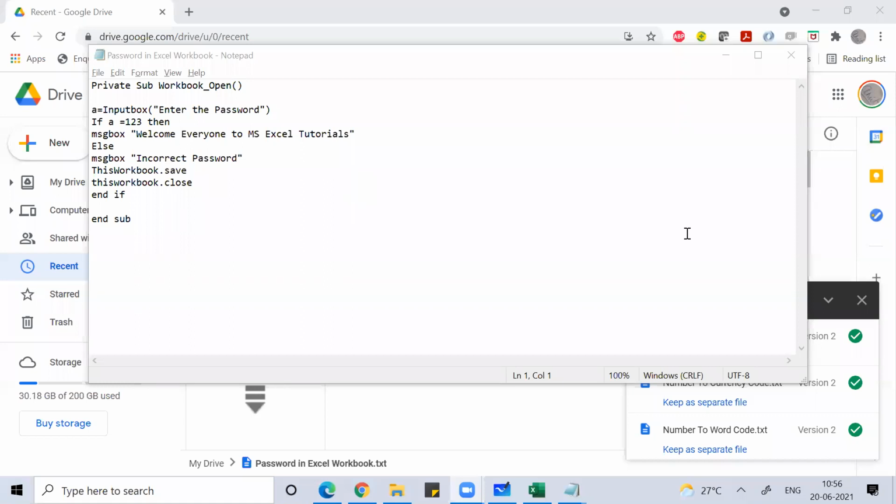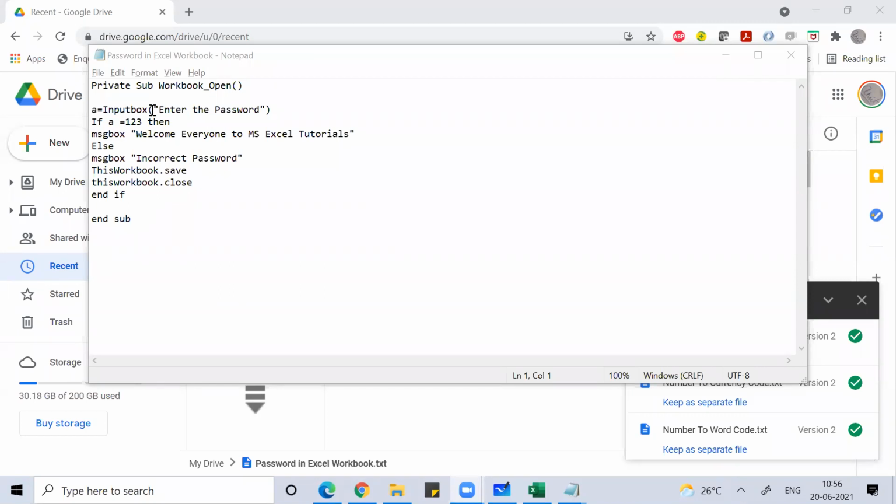Everyone, use this code which is there in Notepad for customization of the details of what the other person will receive if they put the wrong password. So here, I have created a pop-up dialog box, an input box, which will show "enter the password". The moment anyone opens my MS Excel, he or she will get this message: enter the password.